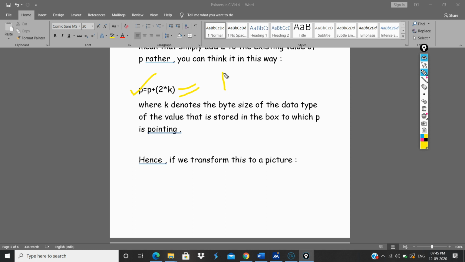So you can just think of a gist. Suppose this 2 times of k, and I give a for loop where the k value changes from 0 to the length of array minus 1, so in this case 4 minus 1.